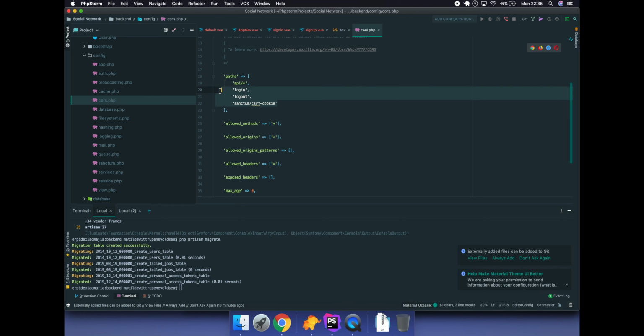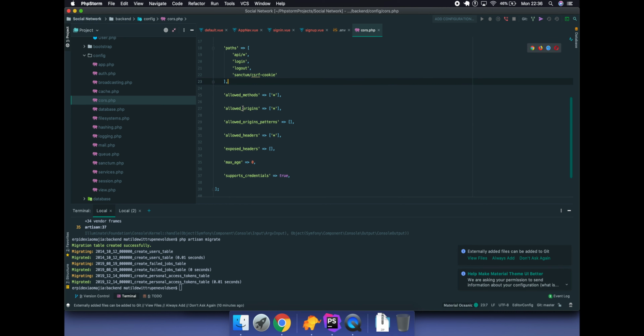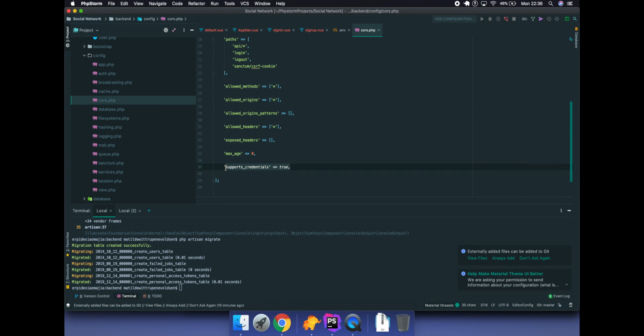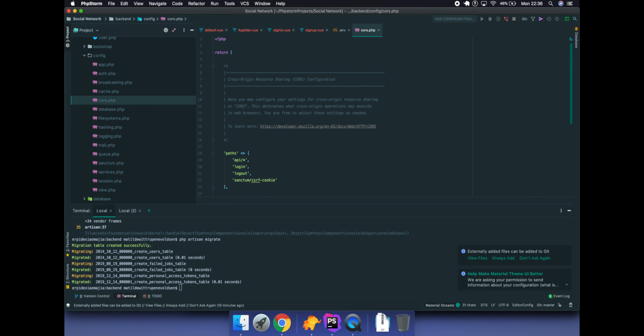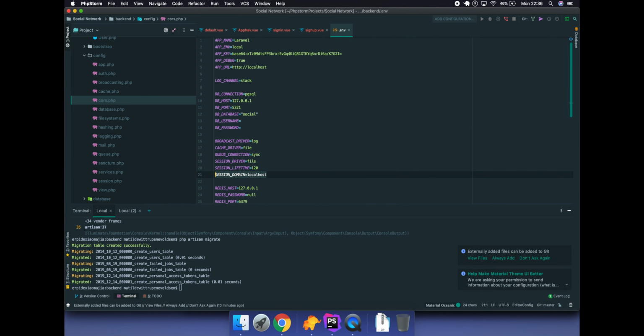So just need to put in the login, the logout, and the URL for grabbing the CSRF token, and then add in with credentials, from false should now be true. And then we need to create this as social